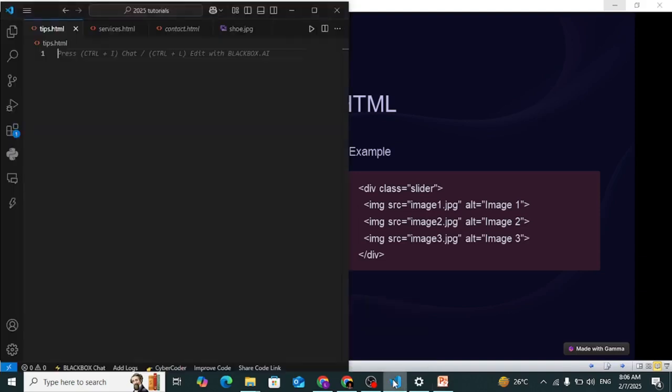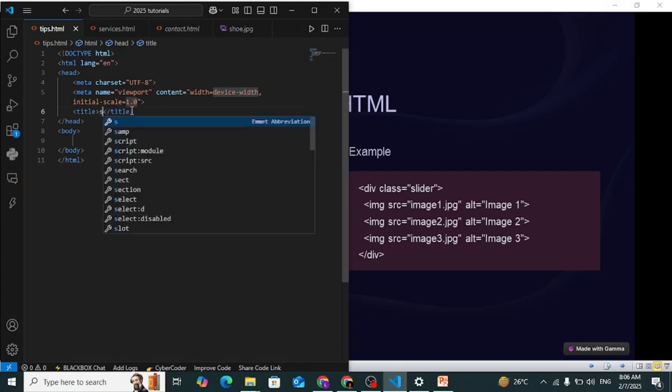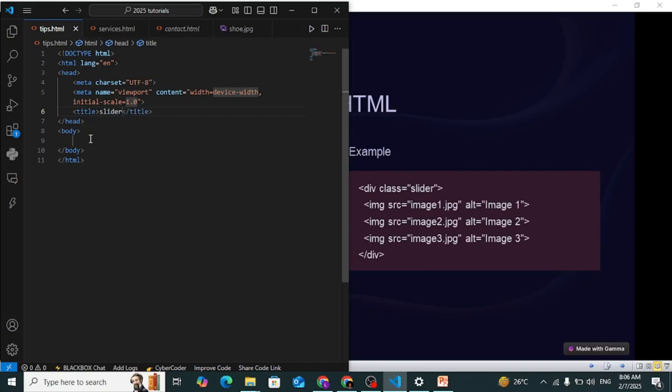Now go to your VS Code editor and create a basic HTML template by pressing exclamation mark, enter. Now let's change the title to something else. Let's call it slider. Then start with a container for your images by going to your body and making use of the div tag. Just say div, press enter. Inside this div, you then have your different